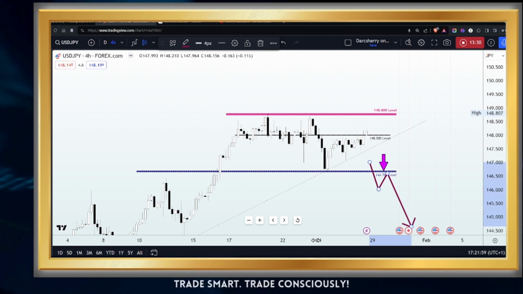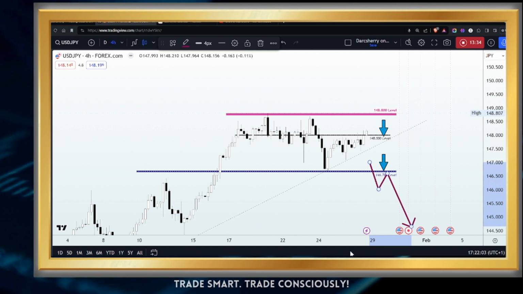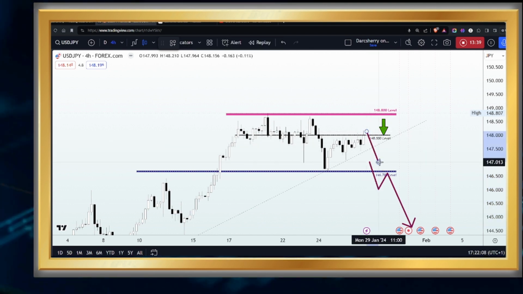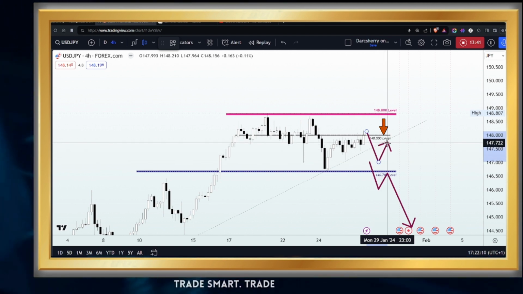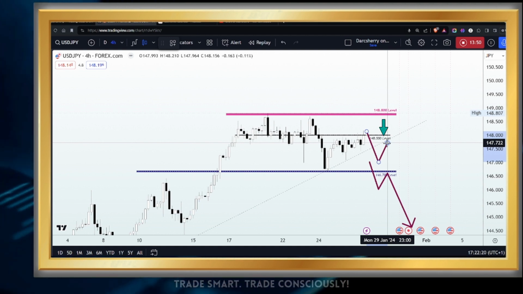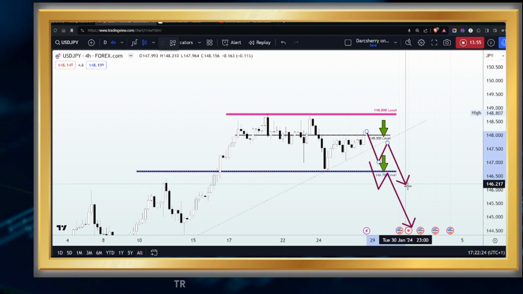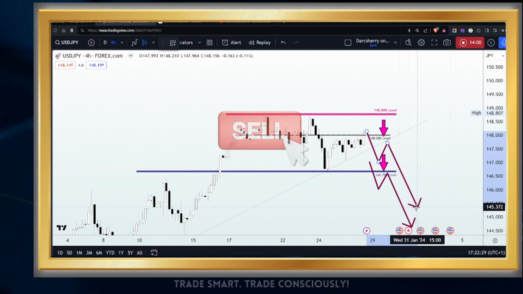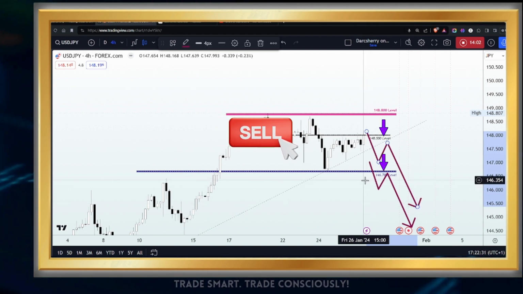However, if it so happens that price action breaks down and retests the ascending trend line, in fact, the breakdown of this ascending trend line will be the first time price action will be breaking down that structure since the beginning of the year. Then if we can see some convincing setups on our lower time frame, like a series of lower lows and lower highs, then we could actually capitalize on that bearish momentum even before the breakdown of the